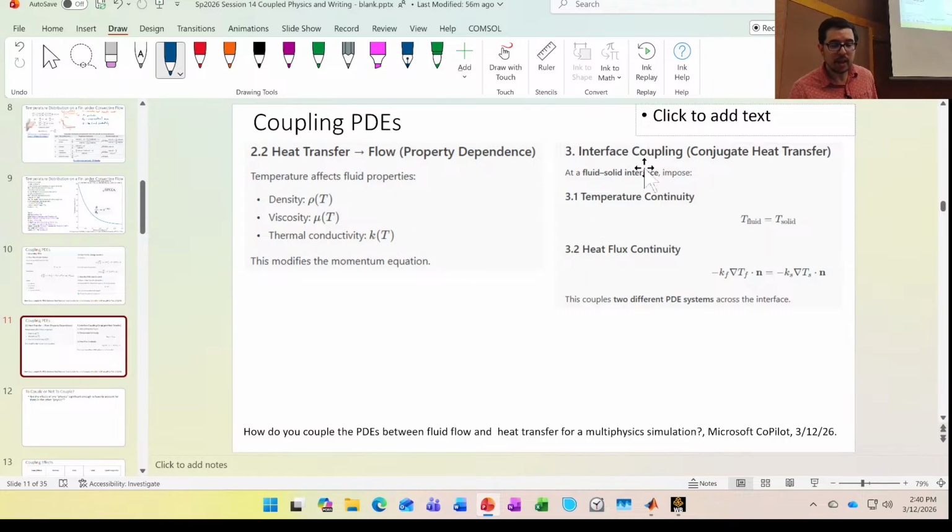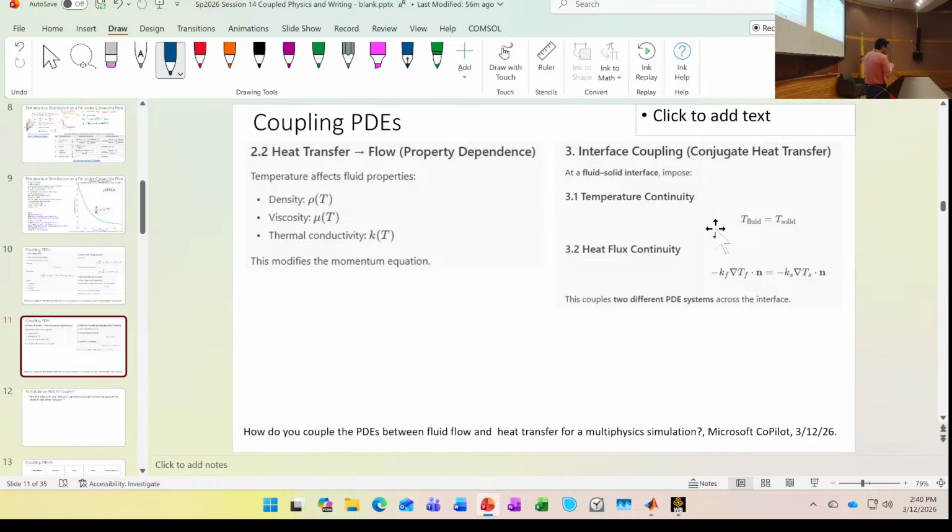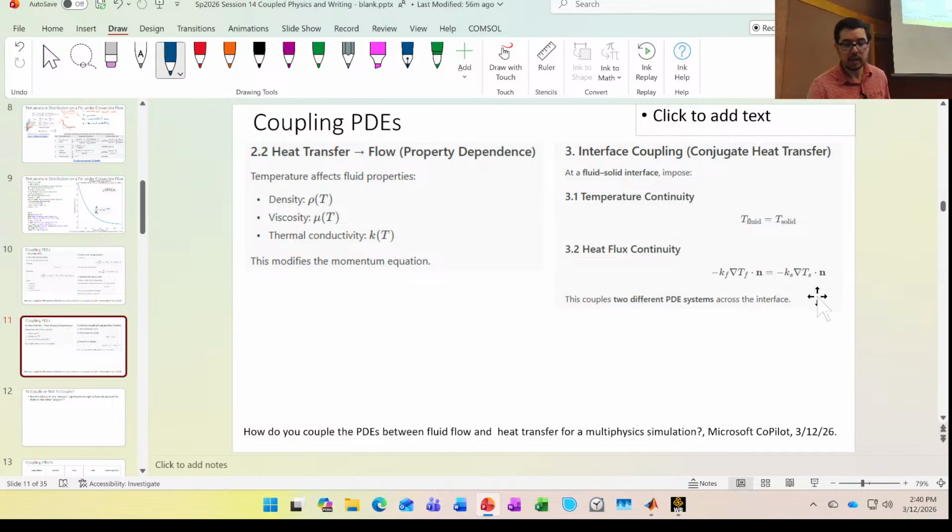And then at the interfaces, and you got to be a little careful here, what they're saying is that the fluid temperature at the surface of whatever it's going over is going to equal the solid temperature at the surface. Okay? And then, hey, it's Fourier's law again. All right? So this is saying the heat flux between the two systems has to be the same. The heat coming into the fluid has to be the same as the heat coming out of the bar or the fin. Okay?